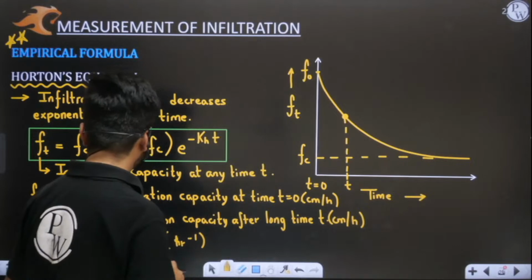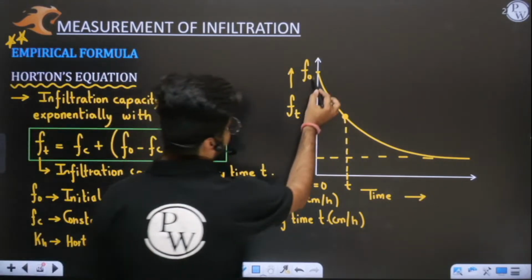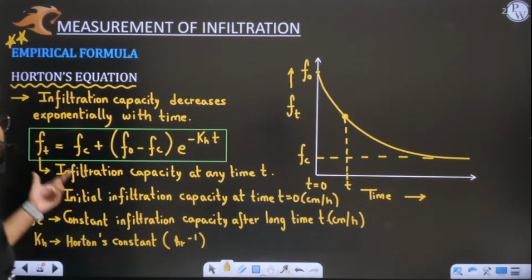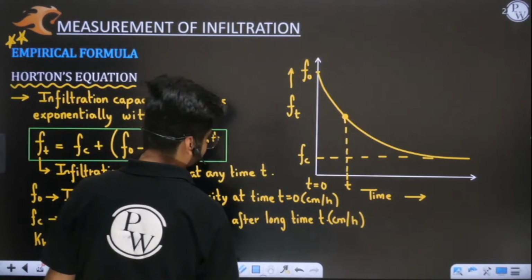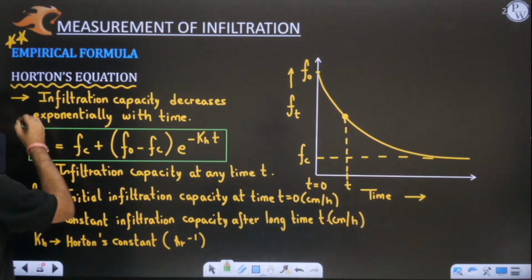very, very important. See, if you want to find total infiltration, the equation to this curve, ft versus t, is given to you. This is one of the most important equations of hydrology. I hope it is very clear to you. So this equation part is very clear, I hope.